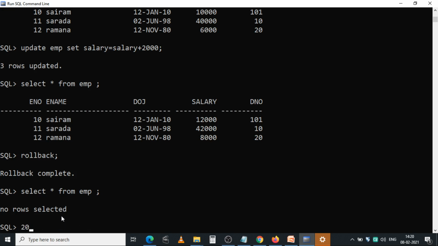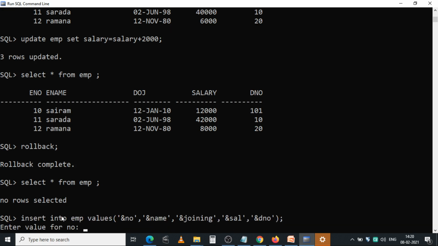Now again I want to insert values in the EMP table.